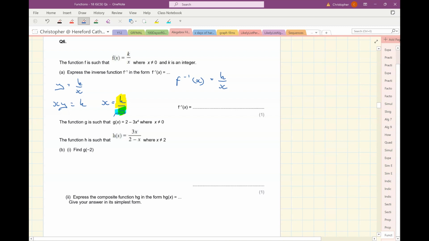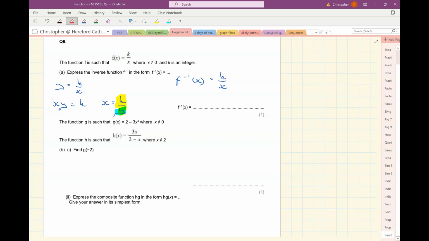Right. The function g is such that g of x is 2 minus 3x to the power of 4, where x does not equal 0. And there's the function h, which is defined like that, where x does not equal 2. Find